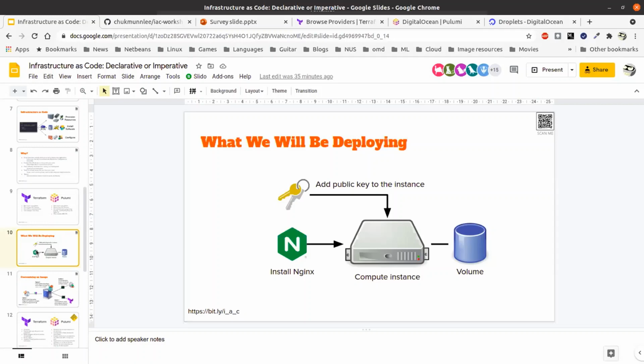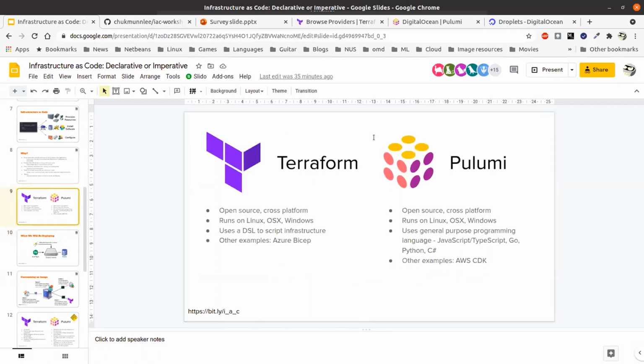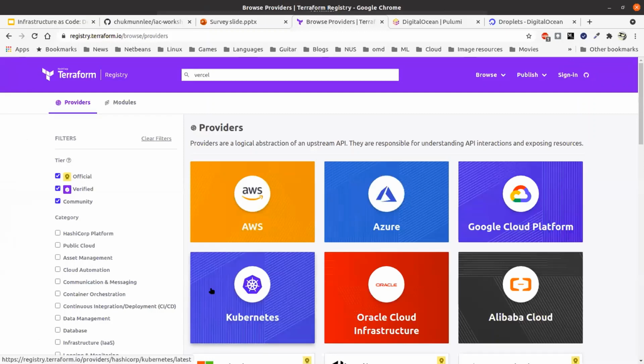Okay, so let's start off by doing Terraform first. The way Terraform works is this, right? Because Terraform is cross-platform, Terraform has this concept of providers and resources. Providers are what you want to target, which platform you want to target. So for example, if you're using AWS, then you use the AWS provider, right?